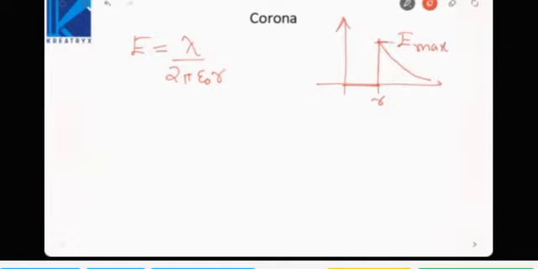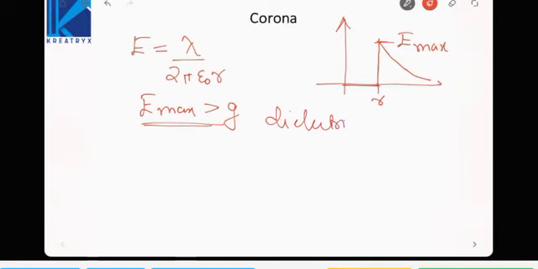Now we know in a dielectric, if the electric field is greater than the dielectric strength, then what will happen? Dielectric breakdown. If such a case happens, then the dielectric, that is the air around the conductor, breaks down and starts conducting. This is called corona, when the air around the conductor breaks down. Now when the air starts conducting, there are two phenomena. The energy that is being dissipated in the air appears as sound, and that too a hissing sound.